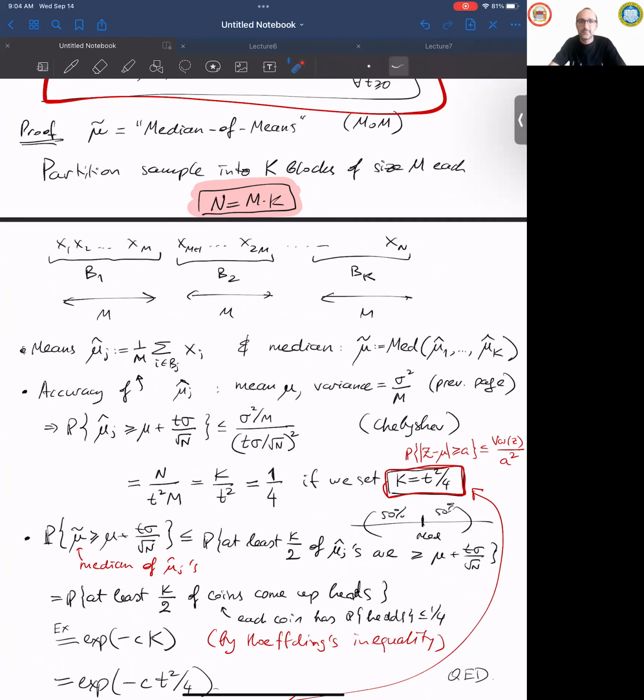It's very useful. May I ask a question? Yes, Maxim, go ahead. Why doesn't everybody use this? Everyone's using the classical result, right? When you're asked to estimate the mean, everyone remembers the classical result, and this method is newer to us, I guess. Why is no one using it? I can see that we need n to be m times k and something. That's a technical problem, but I don't understand why the classical solution is more popular.